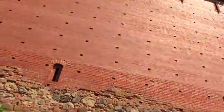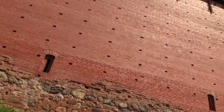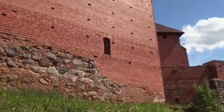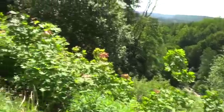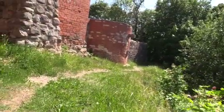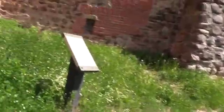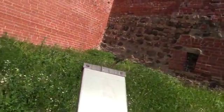I don't know what those square holes are for. Air? Firing ports? You wouldn't think firing ports. They aren't designed very well for that. Ones that look like they could be are poorly designed. Down the road you can see what a bear of a climb it would be. Maybe that's some original castle wall. All of this I'm sure is reconstruction except for maybe that portion there, but even then it's probably a later